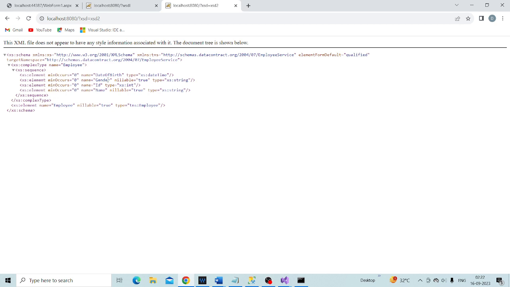So by default, if you don't decorate the employee class, the data contract serializer is going to serialize all the public properties of that class in alphabetical order into its XML representation. Alright, if we decorate a complex type with serializable attribute,